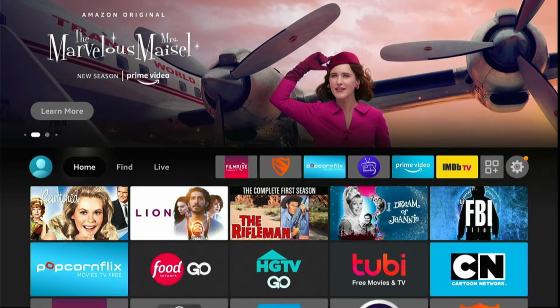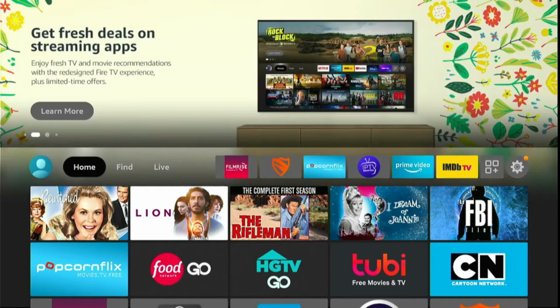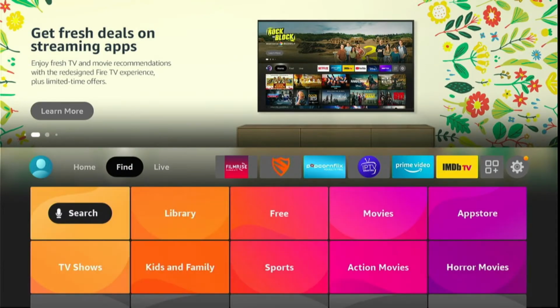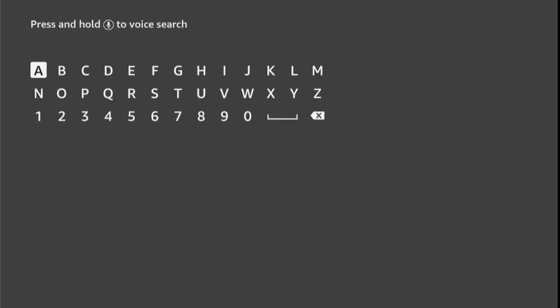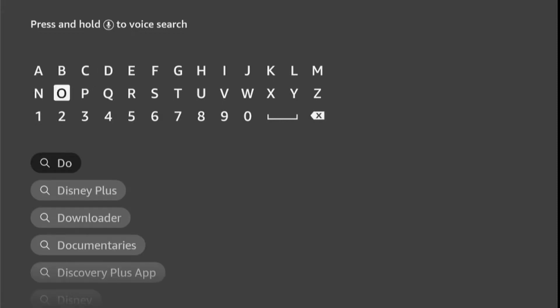and here we need to install the Downloader app that is used to download third-party applications. Through this app we can sideload any application on our Fire Stick. So just hover to Find, slide down and click on Search, and here type Downloader. When you type 2-3 letters, a suggestion list appears. So slide down and click on Downloader,